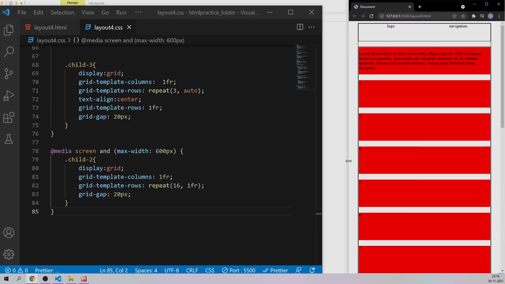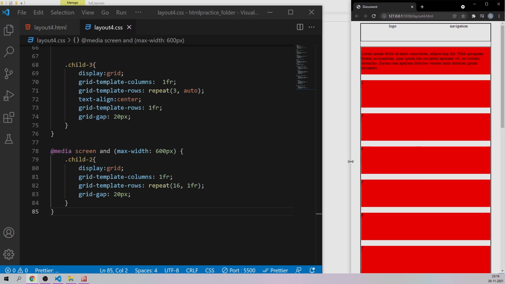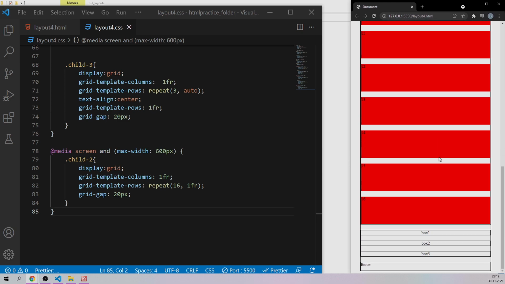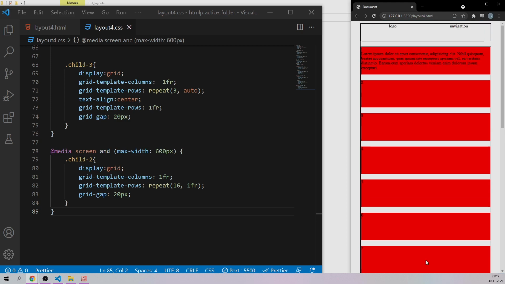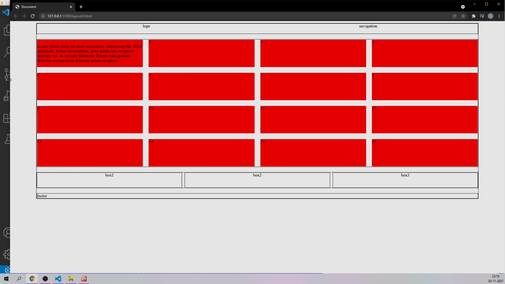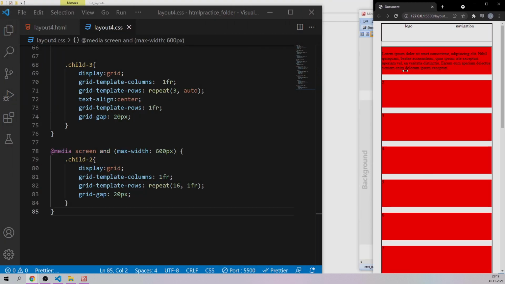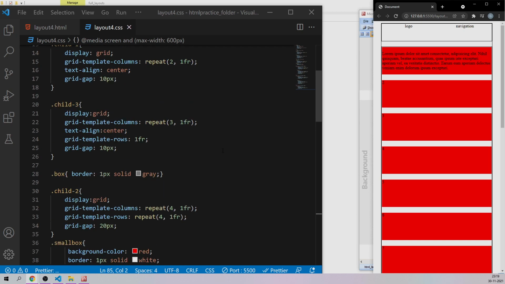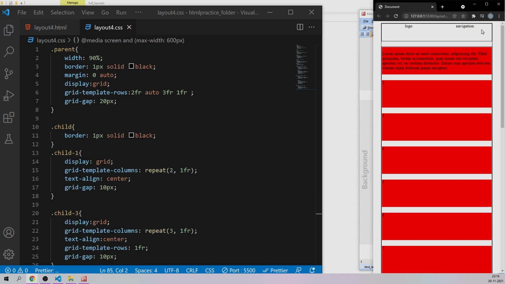Hey guys, till here it was above 600. Now it has become less than 600, and we have got our box 1, box 2, box 3, footer, and all the elements which are looking like this, and even the logo as well as the navigation. You can even change that code as well. So this is going to be the entire desktop view, and this is going to be the mobile view of this particular application. Now if you want, you can change this logo and navigation as well, and your entire model will be done.